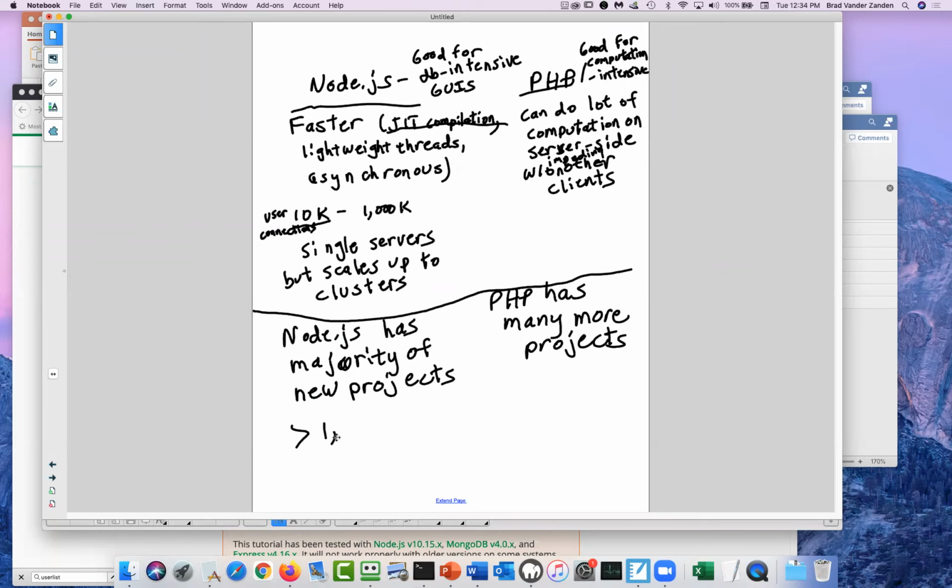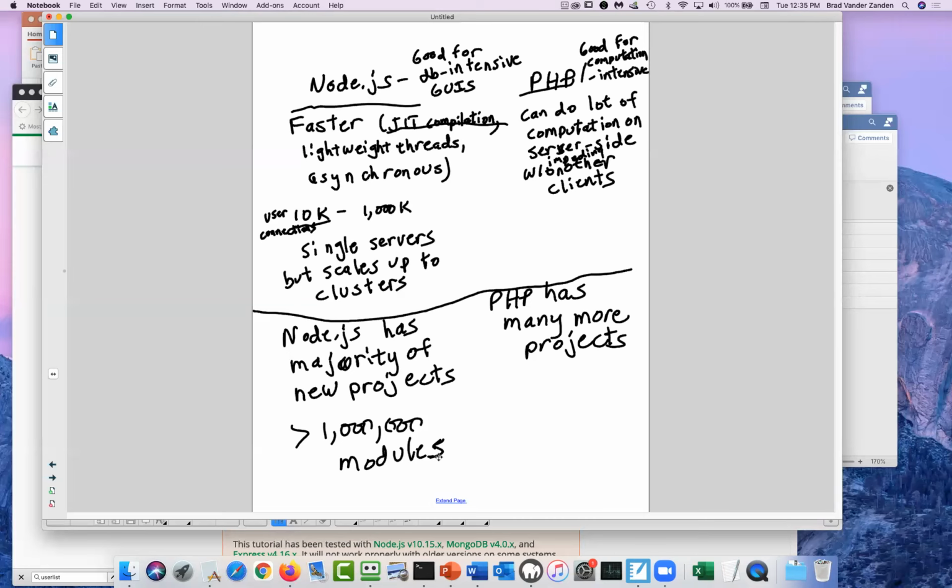There's over 1 million modules. That's amazing. That just dwarfs anything that's available for PHP or Python or Perl. So there's just a huge number of modules. That has its pros and cons because not everyone is going to maintain their modules. So if you're relying on a module and then it's not maintained, it may have security issues. But on the other hand, you may well have a module that's well tailored to whatever it is you want to be doing.